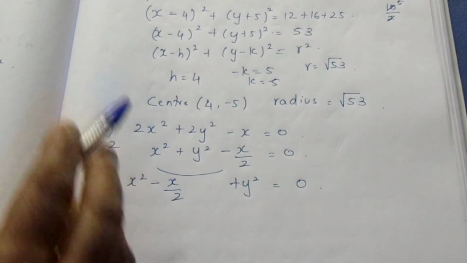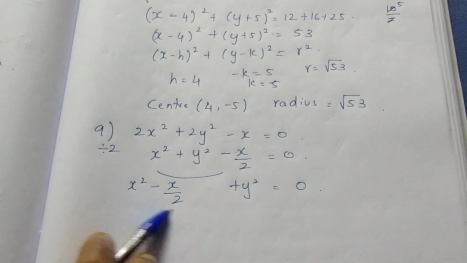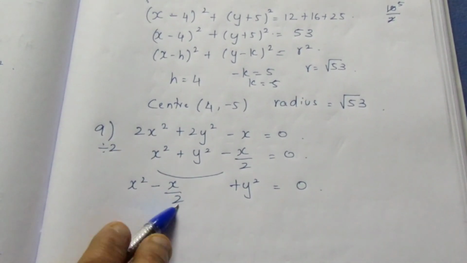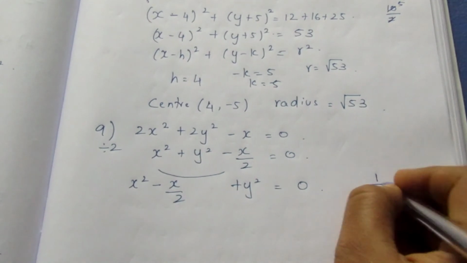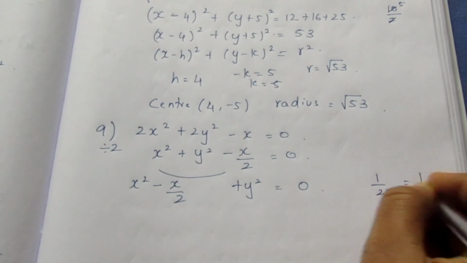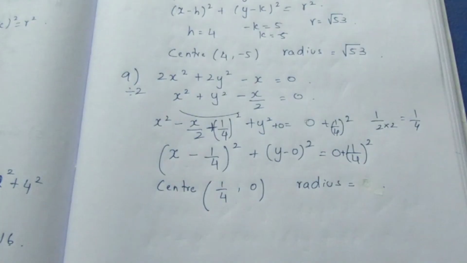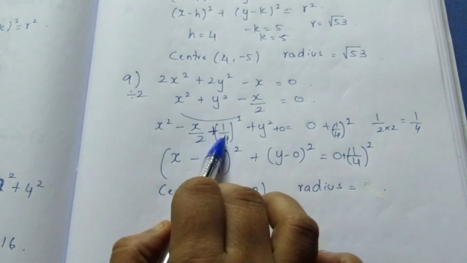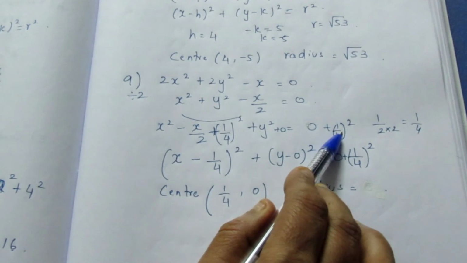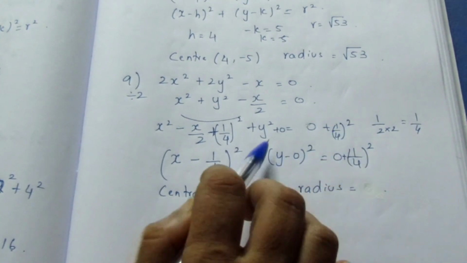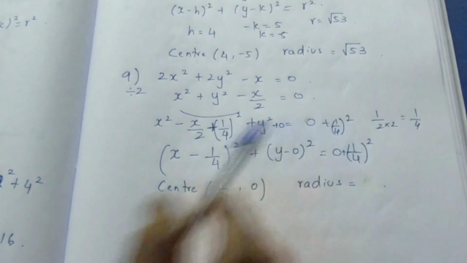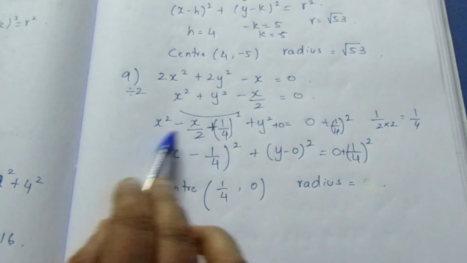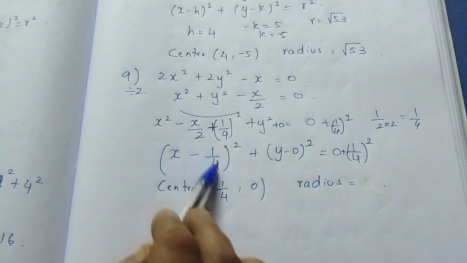Now as I told before in the previous sum, you can divide the x coefficient by 2, get your b. Here it is 1 by 2. 1 by 2 divided by 2 will become 1 by 4. So your b here becomes 1 by 4, here 0. As we are adding 1 by 4 square, even here we need to add 1 by 4 the whole square. So the question has not been changed. So this becomes the a minus b the whole square formula. So a minus b is (x minus 1 by 4) the whole square.